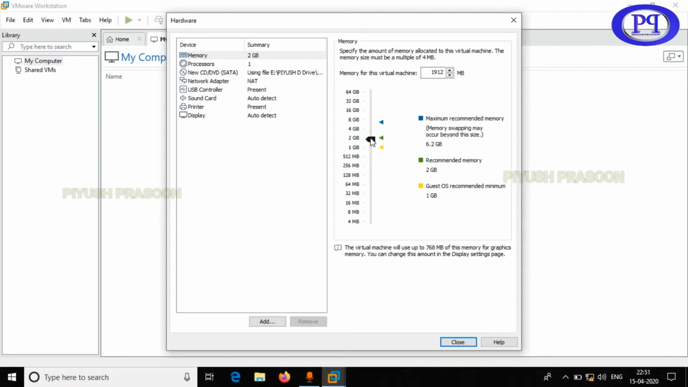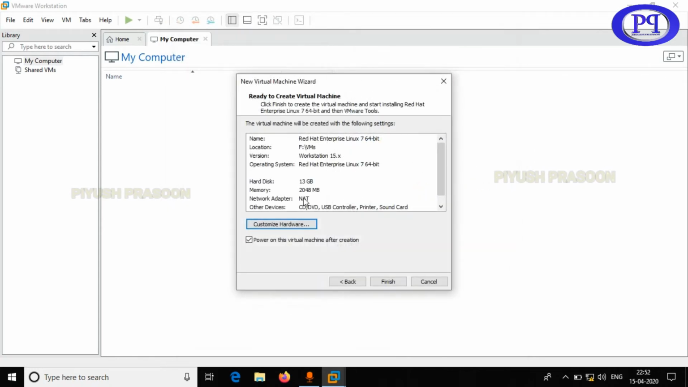So I will go with 2 GB only. Here I can set it to 2048. So that's exactly 2 GB, 2048 MB. And yeah, this option, I will check this option because after installation, I want that machine to get automatically turned on. So now I will click on finish,